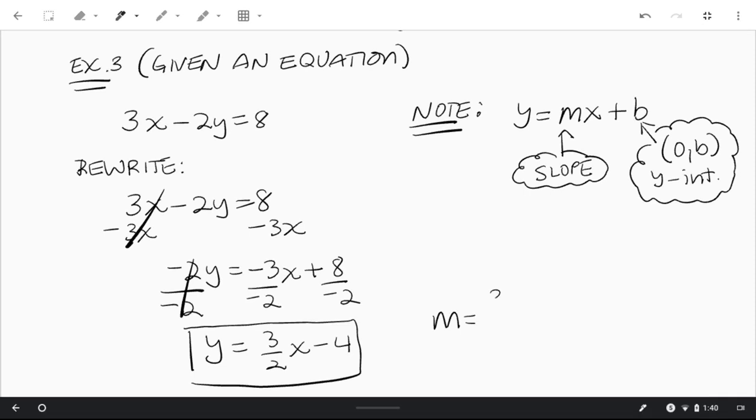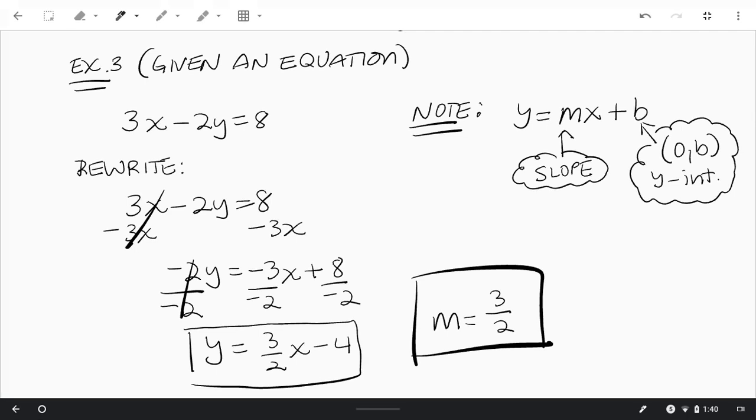So we know it's a positive slope, so it should be rising from left to right. And we also know that the y-intercept is negative 4. But right now in this example, we're only concerned about finding the slope. So those are your three